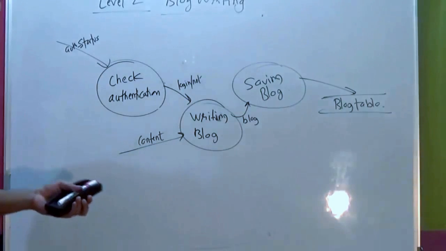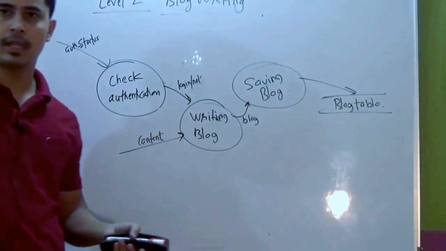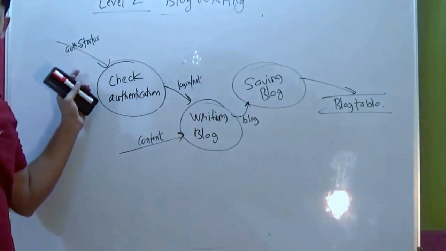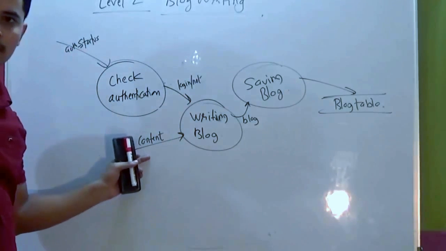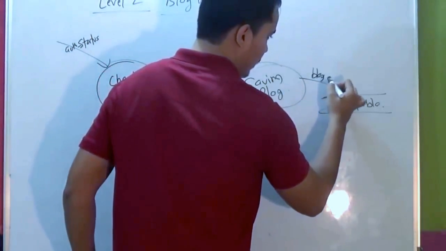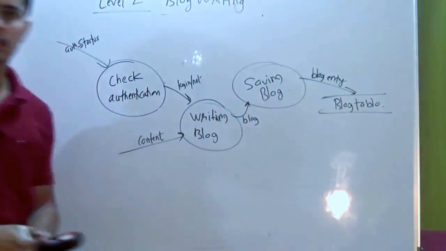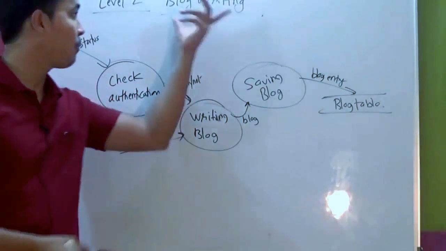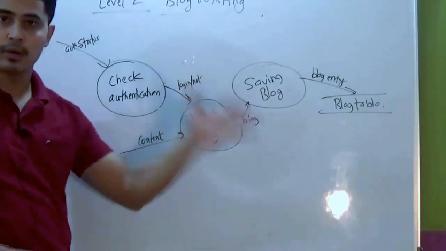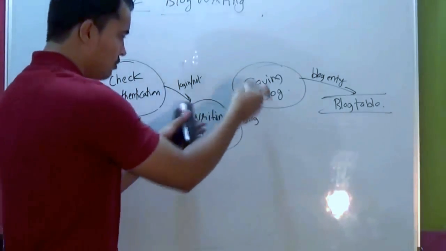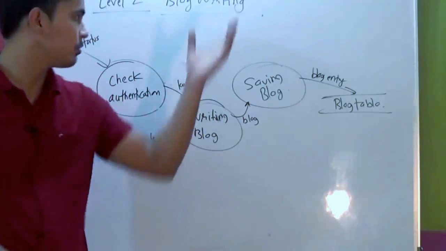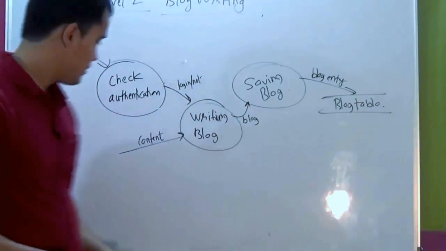Is our DFD balanced? You remember the 3 data flows in level 1 for blog writing? Status, incoming; content from the user, incoming; outgoing was the blog entry, correct? So the DFD is balanced. All the data flows for blog writing that were present in the level 1 diagram have been retained in the level 2 diagram, and then we have introduced some new internal data flows because we have expanded the use case, or you'd say process, correct?